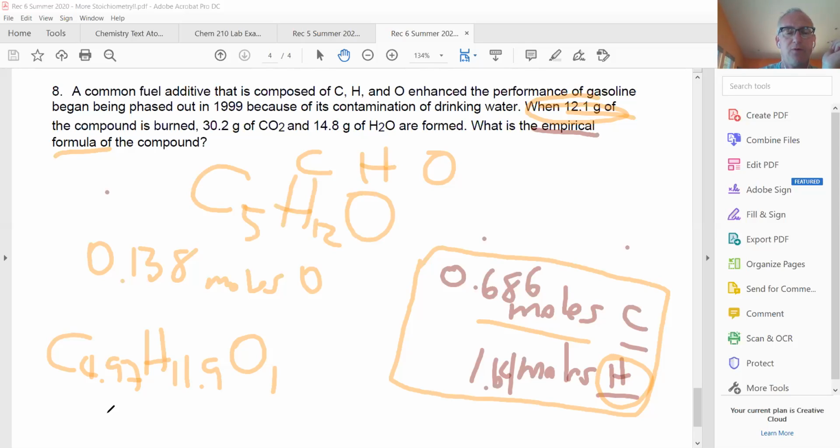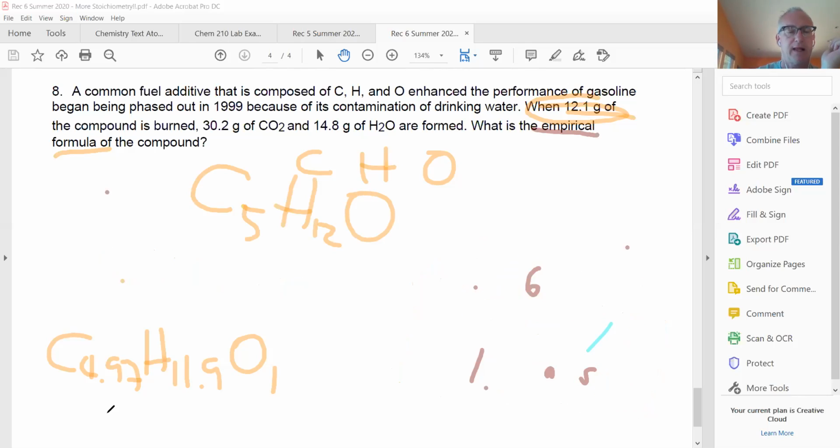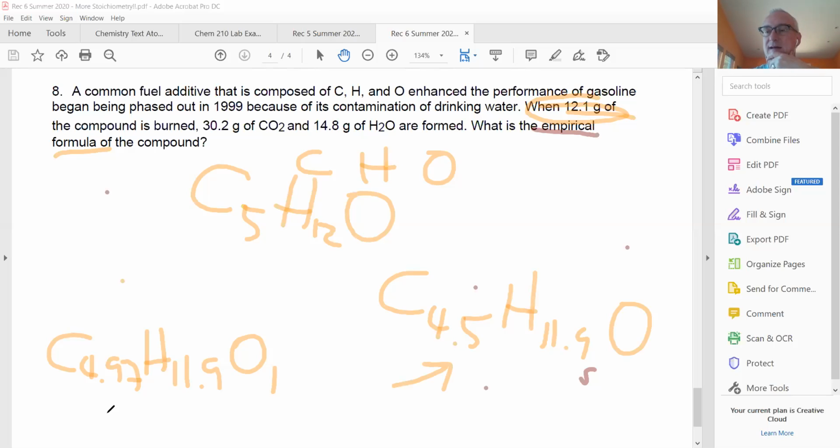Now, where you would change this again is if you had something like C 4.5, H 11.9, O. If you had something like that, do not round that to 5. Multiply everything by 2. And so you would get C9, H22, O2. Okay? Or if you had